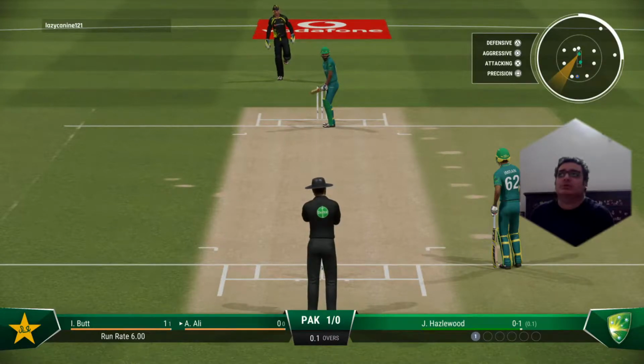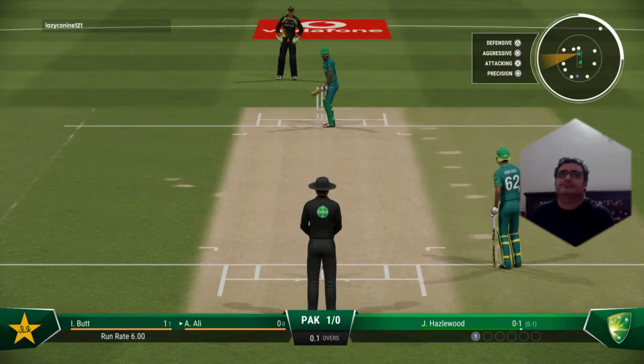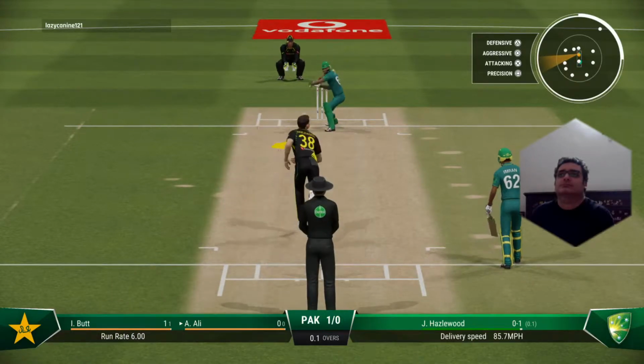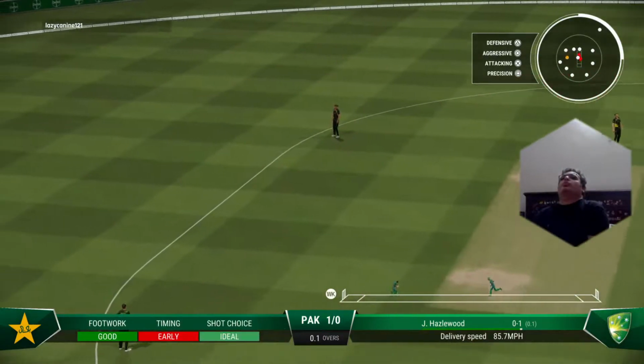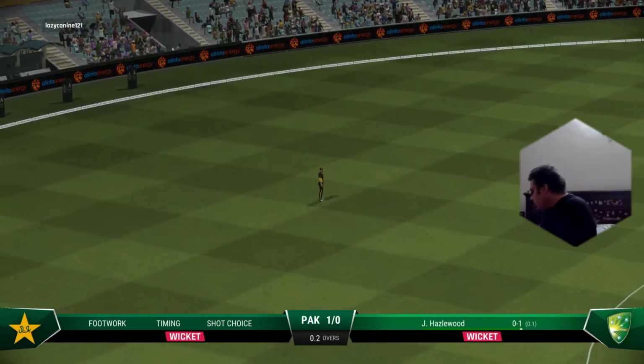A few moves made in the field. Oh boy, that's really high. This might be gone. A beauty, brilliant catch.